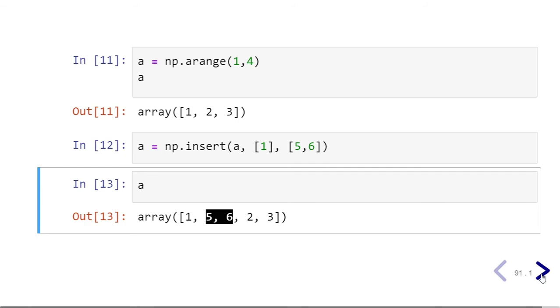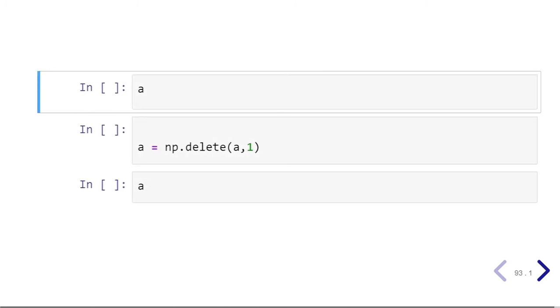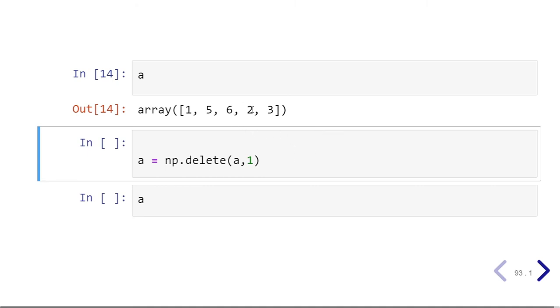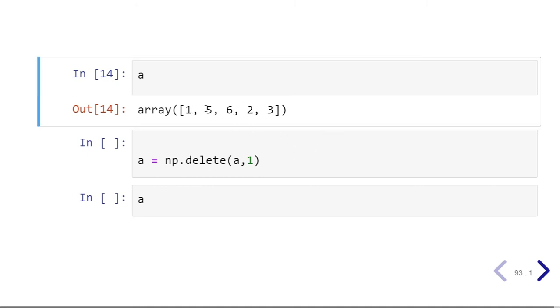In the next example, we will see how to delete an element from a NumPy array. Similar to inserting an element in the NumPy array, we can delete an element from a NumPy array. We have to pass the array and the index position from where the element is to be deleted. So we have NumPy array A containing 1 5 6 2 3 at index 0 1 2 3 4.